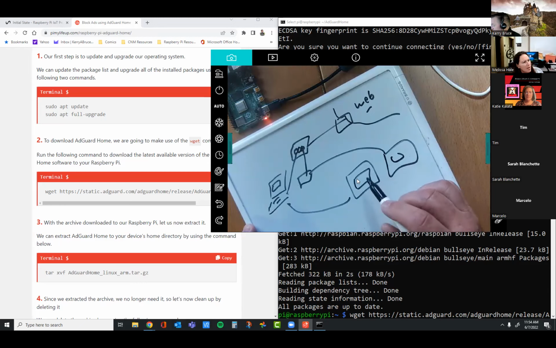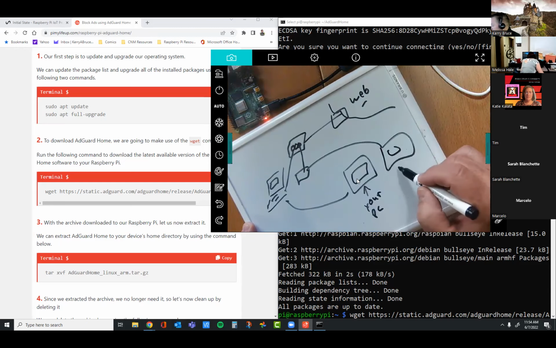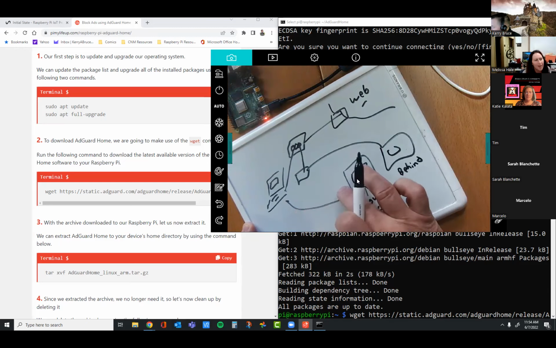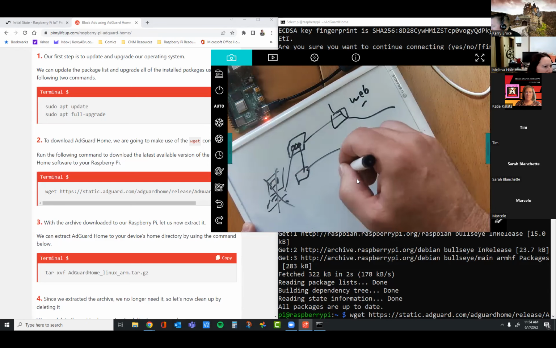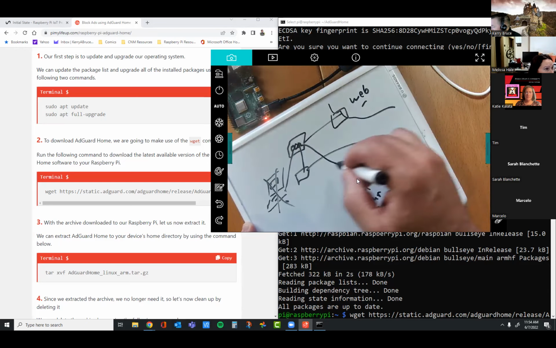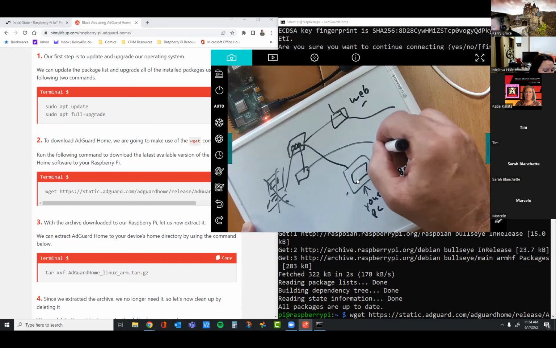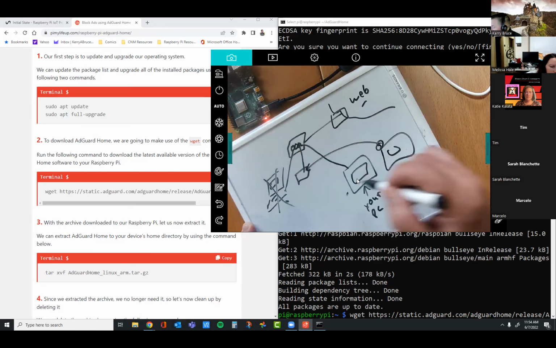If this is your PC, the one you're sitting at right now, and this is the one behind you, we're not worried about this one. We're going to take that out of the picture. This one is already connected. We're going to take the cable that's here and plug it into the Raspberry.